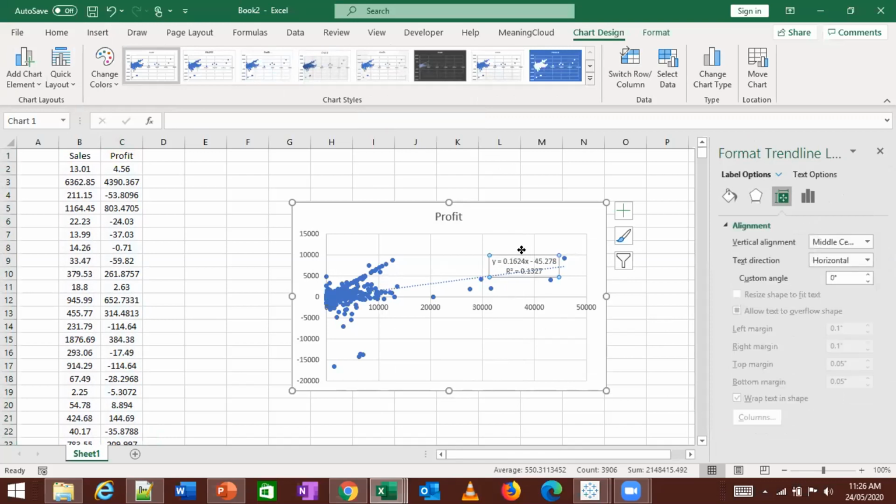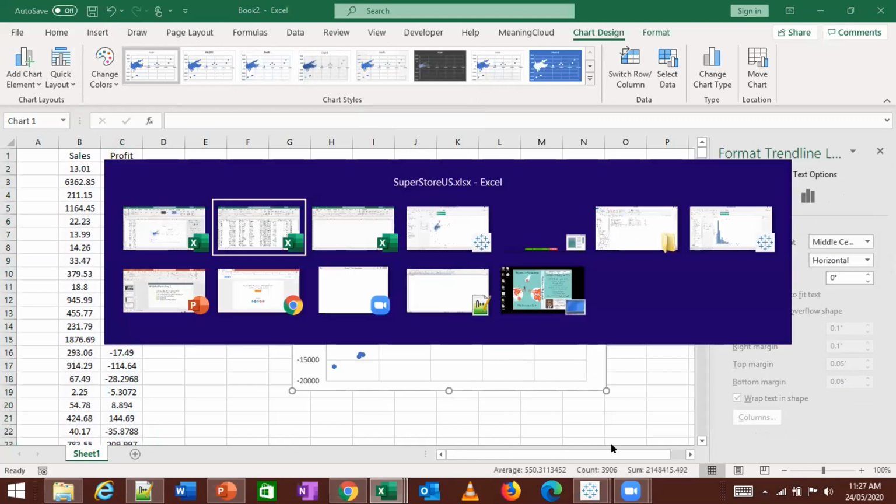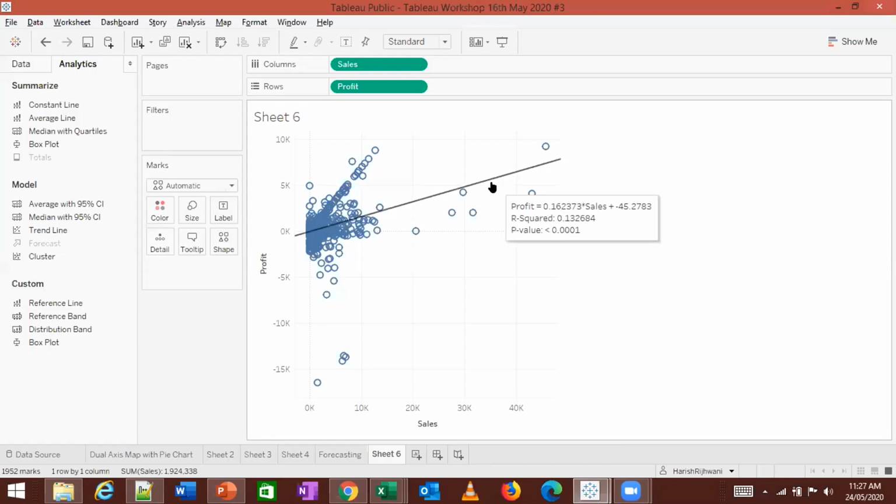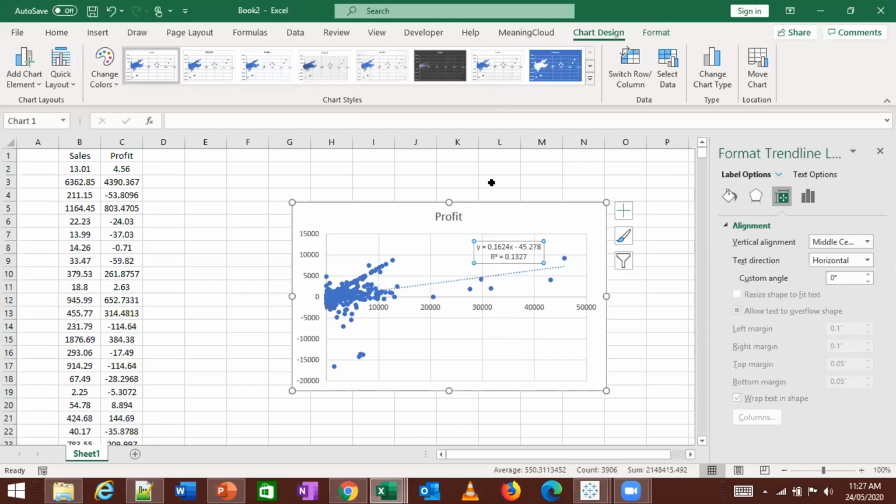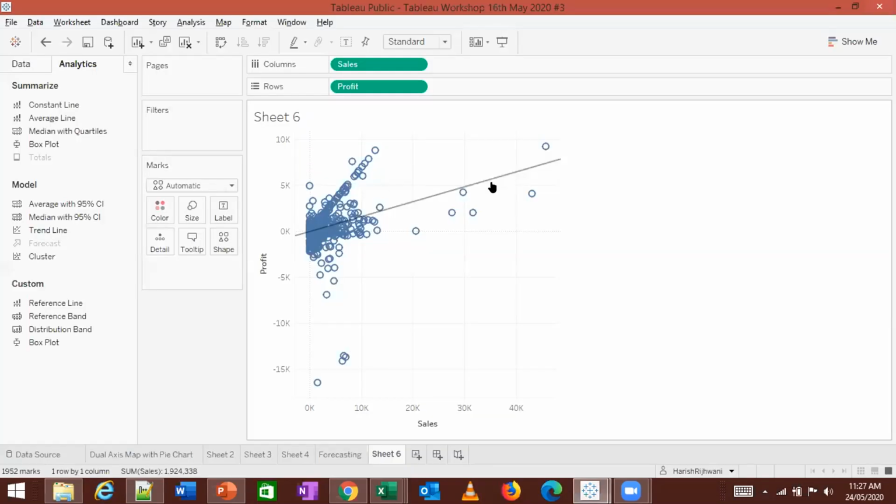So you notice this value should come the same. So 0.1624 minus 45.278. If I look at it in Tableau, I'm getting the same, 0.162373, rounded off to 0.1624, minus 45.278.